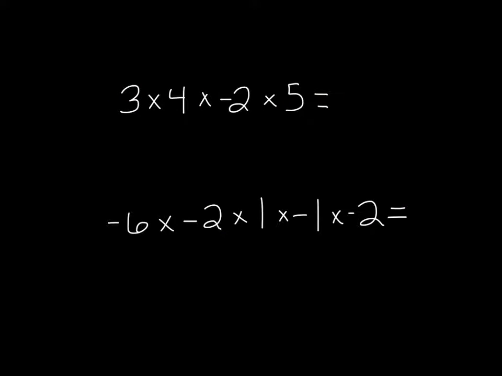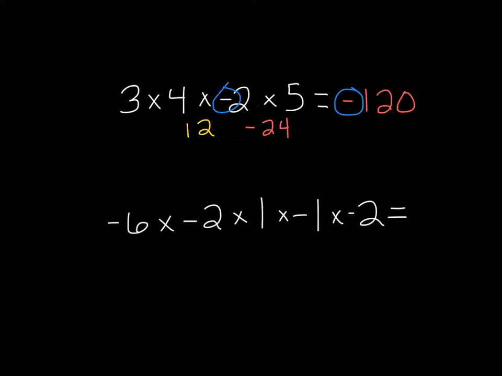So let's look at what happens when you have a group of numbers that you're multiplying. Let's just look at it going from left to right. First of all, positive 3 times positive 4 would be positive 12. And then 12 times negative 2 would be negative 24. And then negative 24 times 5 would be negative 120. Notice I only had one negative, so that meant,